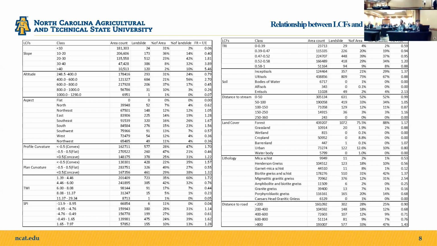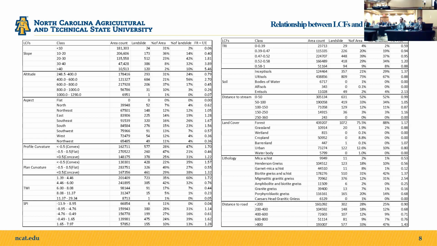Topographic wetness index: as the topographic wetness increases, the frequency ratio continues to decrease. Stream power index: as the stream power index increases, the landslide increases as well. Also, the topographic roughness index and the soil type. Actually, based on the geological survey findings, what I read in Wooten et